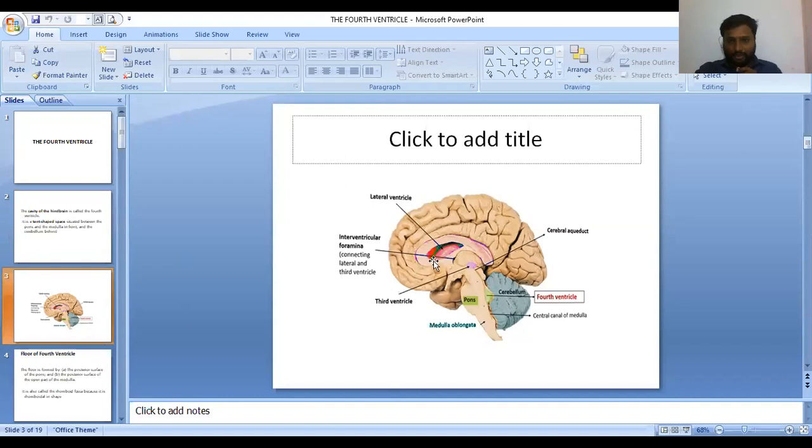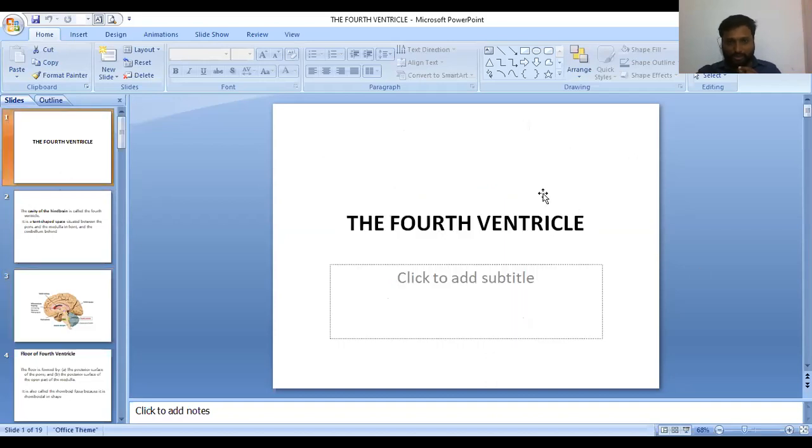brain. See here in this diagram you can see the brain, and one cavity is seen inside the cerebrum. And another cavity is seen in front of the cerebellum. See, this is the cerebellum, this colored, conical shaped area. This is also a cavity. Such cavities are seen inside the brain. Those cavities are known as what? Ventricles. So in the central nervous system, ventricles are the cavities seen inside the brain.